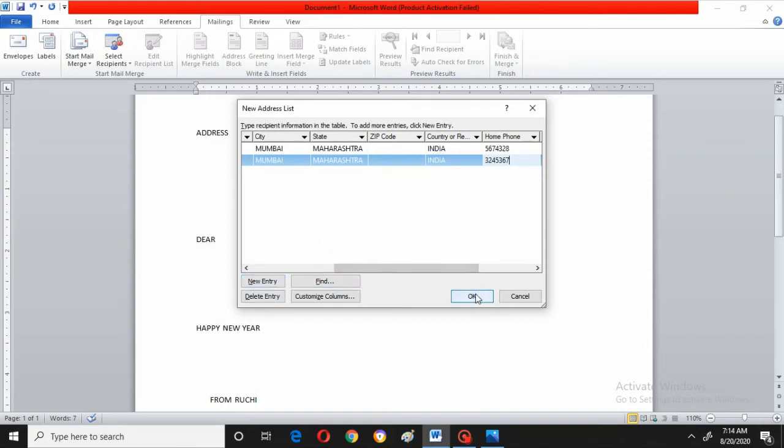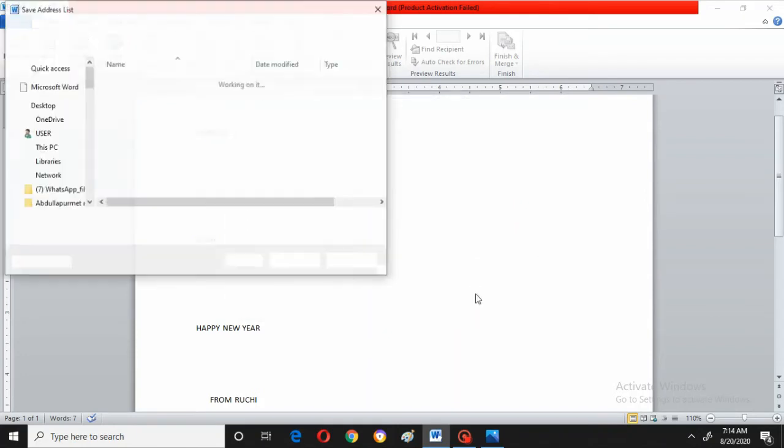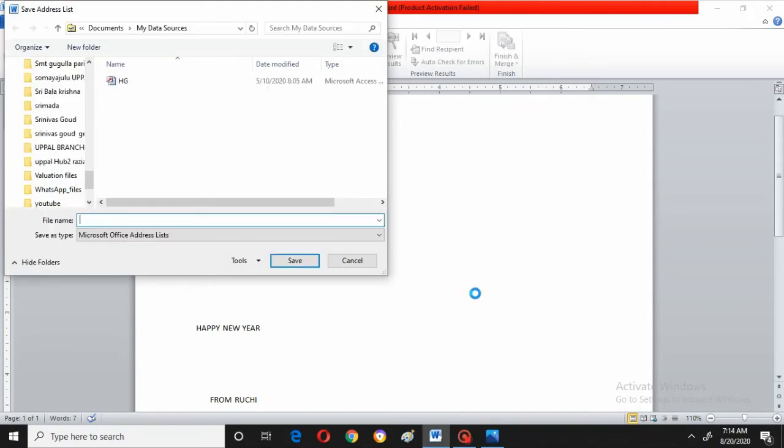Now what you have done, you have given names and address of your friends to whom you are sending this letter, right? Okay. Now it is asking to save that particular data. So I am saving it on my desktop.